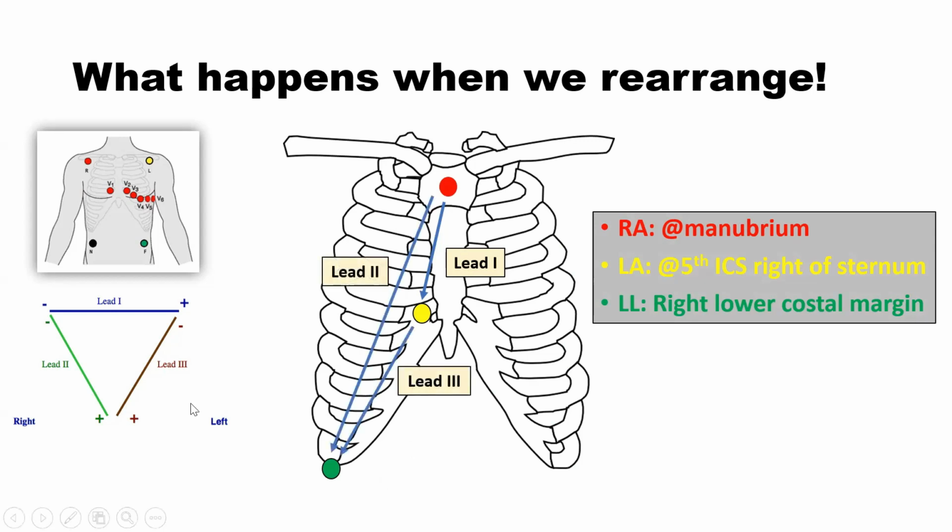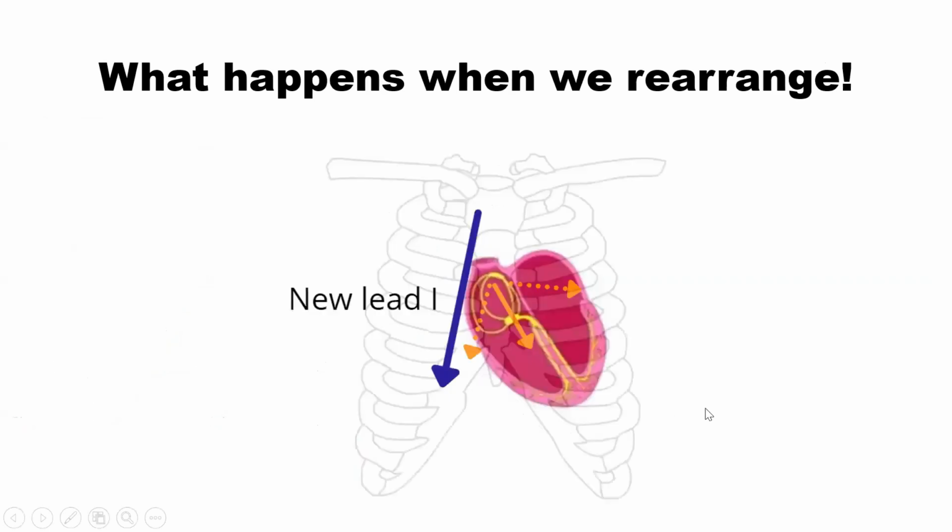Now, if you compare it with the standard Einthoven triangle, you can see that the direction is totally changed, and it's very different. But why do we have to go into this complexity of remembering these new placements of leads? Now, the next slide will make it really interesting. If you remember the atrial depolarization and the directions of the right atrial and the left atrial depolarizations, you will see that it looks something like this as depicted in the diagram.